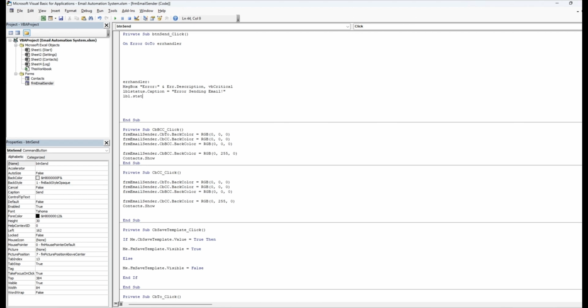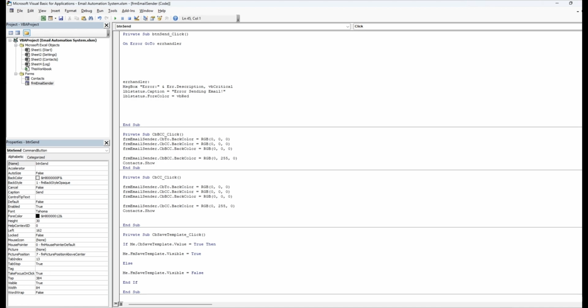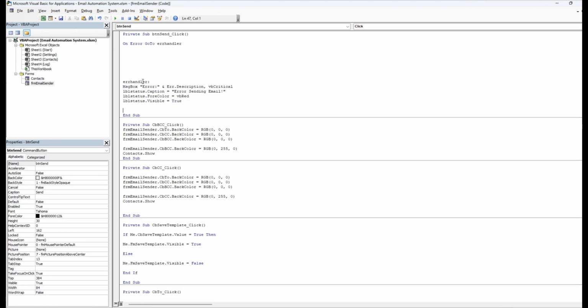lblStatus.ForeColor = vbRed. So basically, change the color to red if the code runs into an error. And then we're going to do lblStatus.Visible = True, and put this at the end of the code. And what it basically does is, if it runs into an error,